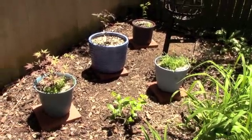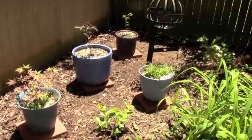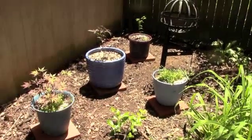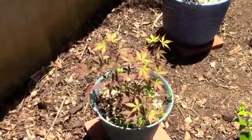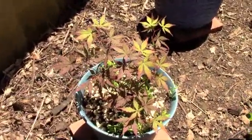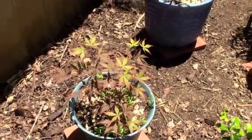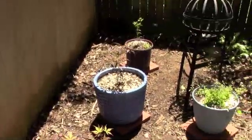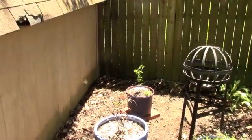So obviously I'll have to work on getting a couple more pretty pots. Some of them are just in nursery containers, like the one in the back. But aren't they pretty, guys? This one got really big this year. That's a beauty. And I just love growing Japanese maples from seedlings. Some of them are from my own yard, and the one in the back, for example, is from eBay. That's a coral bark